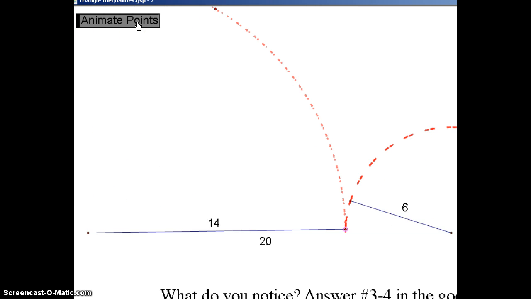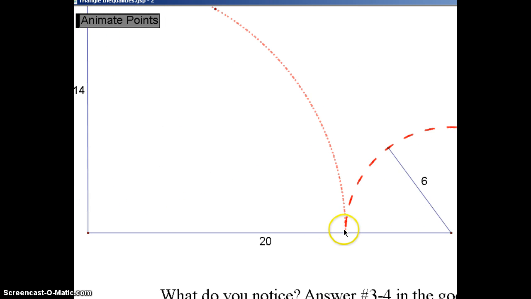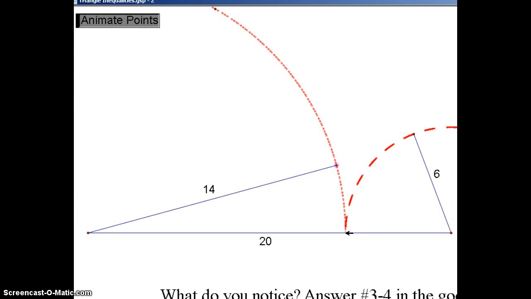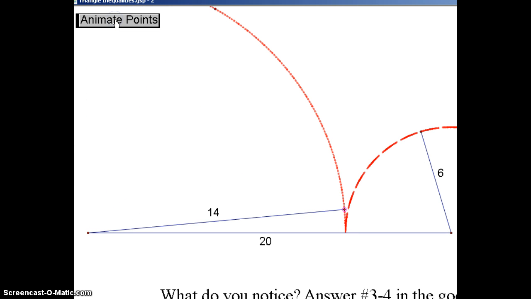Okay, notice how they never touch. Right here though, they do overlap, but they're overlapping on this line. Okay, so let's see if I can get this to land perfectly. No, I can't get it. So if I were to drop this point all the way down, and I were to drop this point all the way down, they intersect, but they